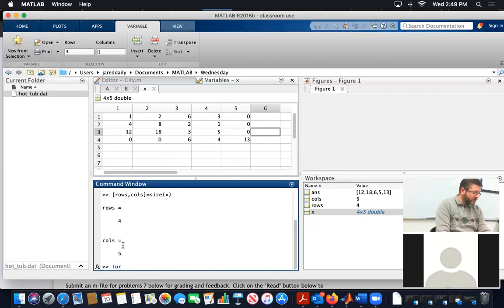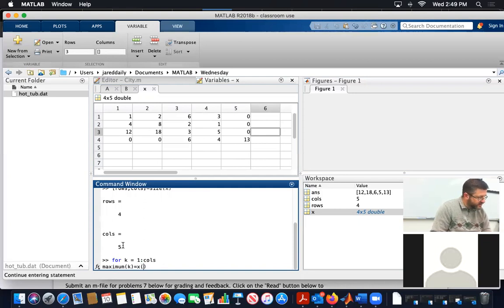And then we're going to go for k equals, so our index variable is k for this one. We're going to go from 1 to columns. So the first time we go through this outer loop, we're going to start in column 1. We're looking at column 1, right? And then we're going to create an array called maximum. We're not going to use max because max is already a command in MATLAB. We're going to create an array called maximum, and we're in the kth element of maximum, which is the first element as we go through the first time. We're going to let that equal